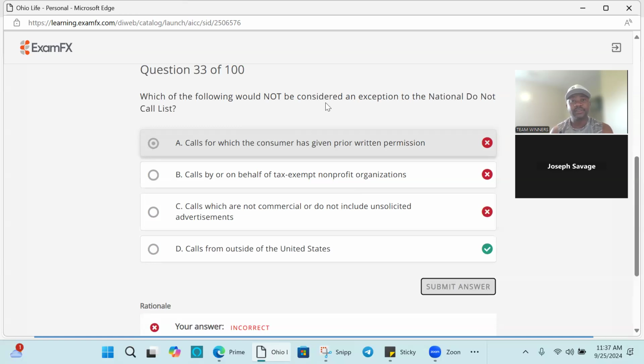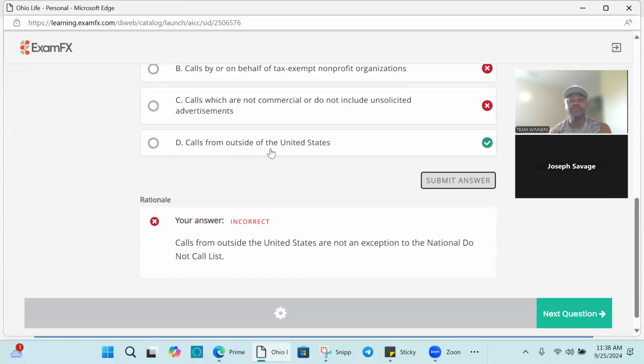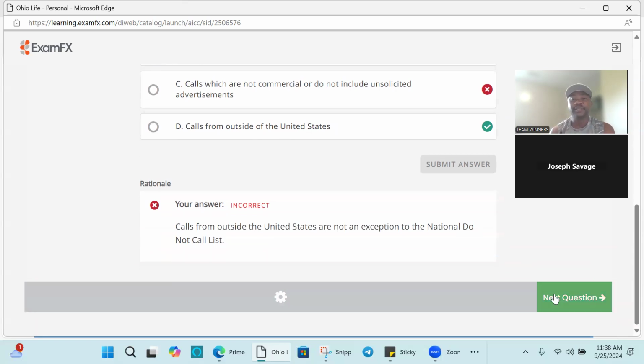There are several exceptions listed in the book. If I'm calling from a political organization, if I'm doing a survey, some of those kinds of places, there's an exception to the rules. What they're saying is, which of the following would not be an exception to the do not call list? Calls outside the United States. Oh, there's the word exception and there's the word not. Yep, those two next to each other. So if you call from outside, you're not even part of the list. Correct. Okay, that makes sense.